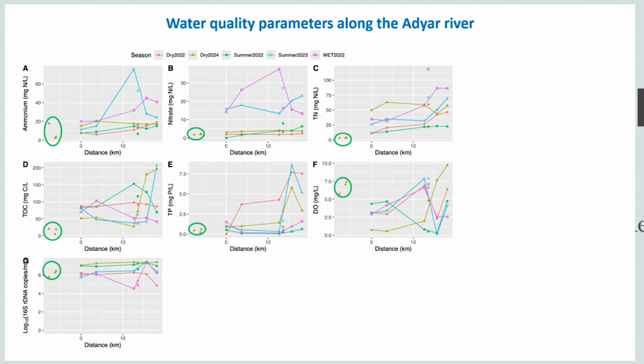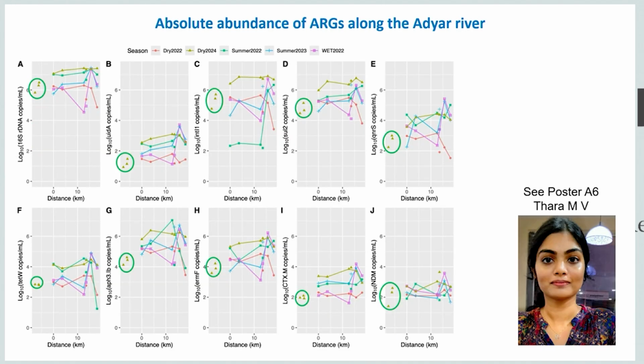They are not connected with a line to the other data because they're not from the river. And you can see low nutrient levels, nitrogen, carbon, phosphorus, and high oxygen levels, pretty much the same 16S abundance. Looking at resistance genes along the river, the first one is 16S, the second one is the E. coli marker, and the rest is resistance genes,